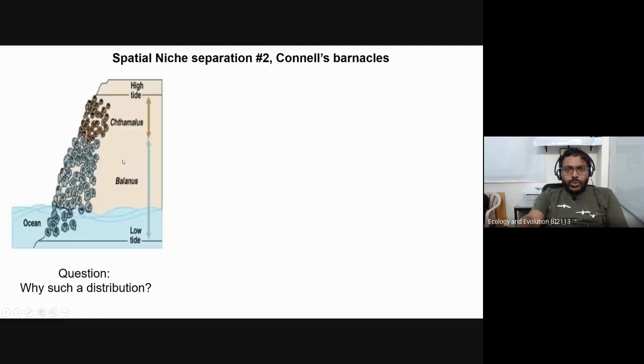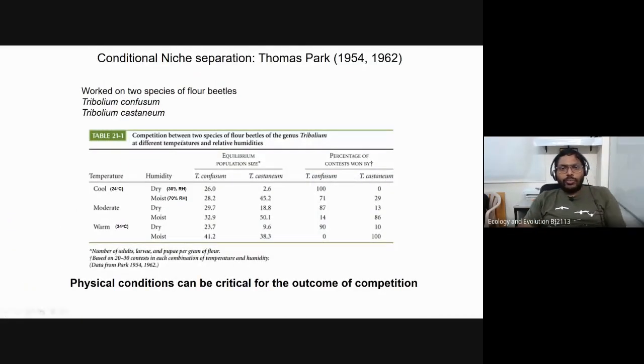So this was work done on 2 different species of beetles, flour beetles. These are those small red things that you see in your atta at home when the atta becomes a bit old. The 2 species that Thomas Park ended up studying. This is another name which is almost at par with Gause and Raymond Pearl and all those big fellows in the early days of laboratory ecology. So Thomas Park took Tribolium confusum and Tribolium castaneum